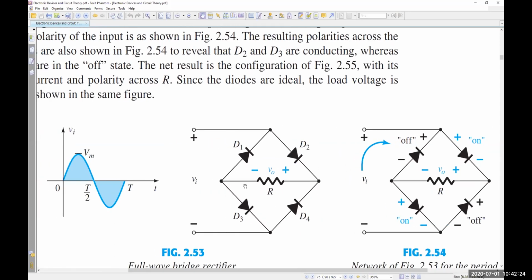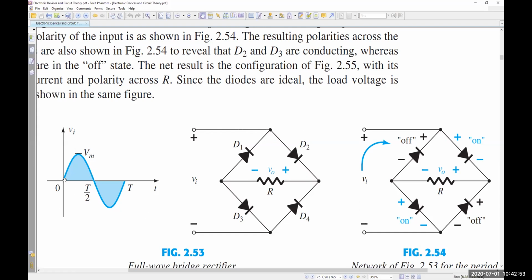So this is our circuit, the full wave rectifier. Here we have 4 diodes. Before, in the half wave rectifier, we had 1 diode only, but here we have 4. D1 is going upward, D2 is going downward, D3 is going downward, and D4 is going upward. And in the middle we have a resistor, R, that will be our output resistance as well. That means we will be taking our output from there.